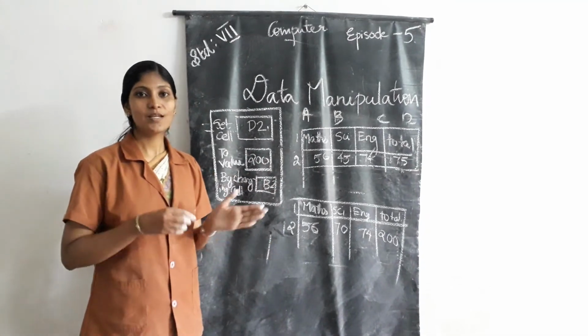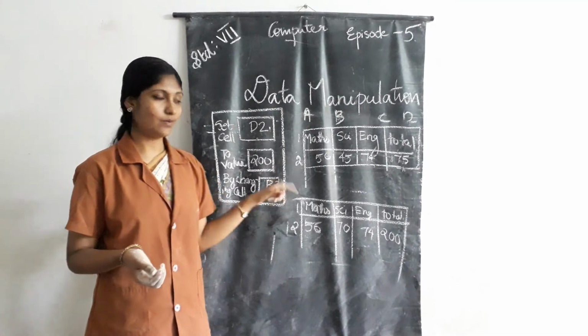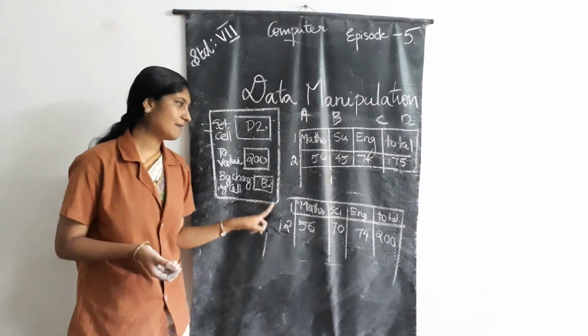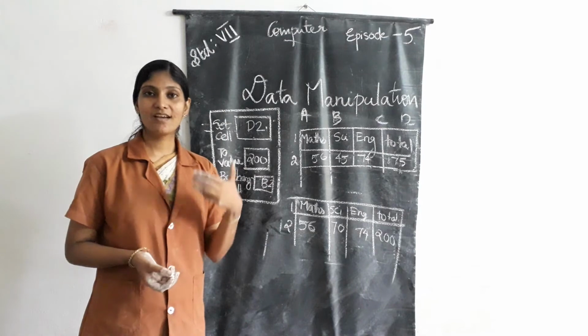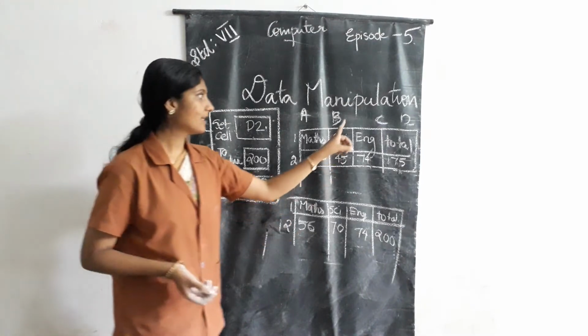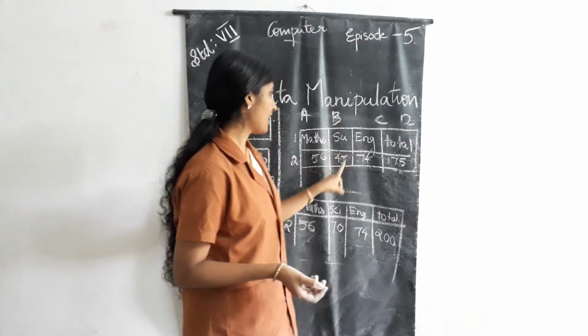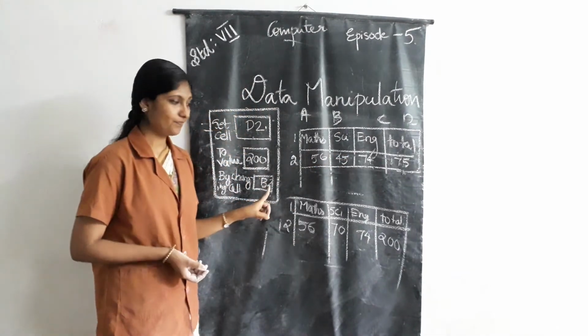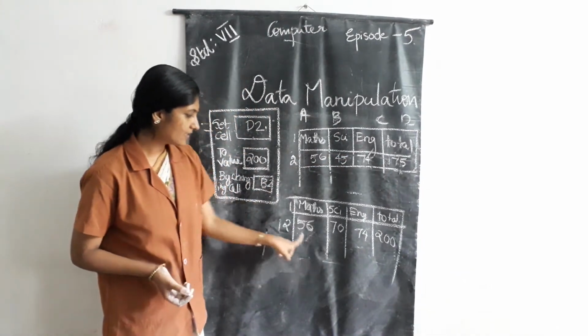So the question is you want to change the 200 value, so enter the 200 value. And the third one, by changing cell, means the input changing cell. So here the input cell is science mark. It is in the address B2. So just enter B2 and you will get the final result.